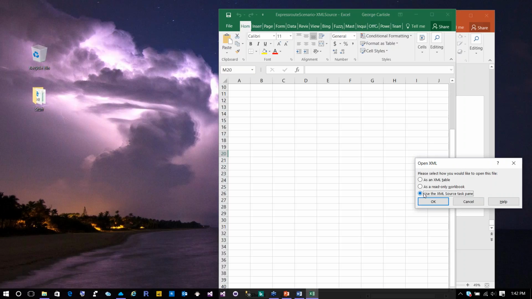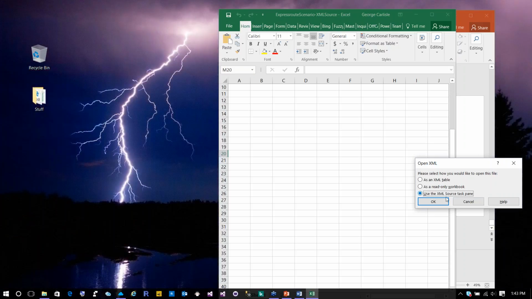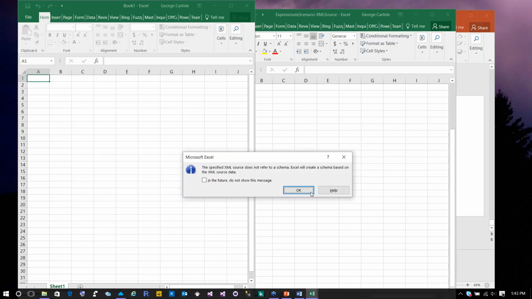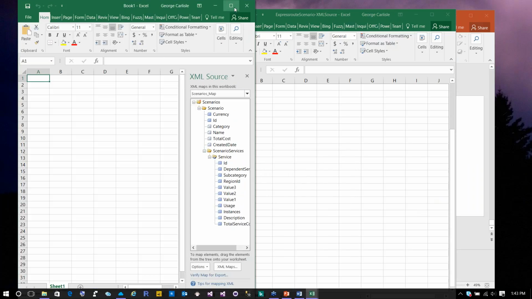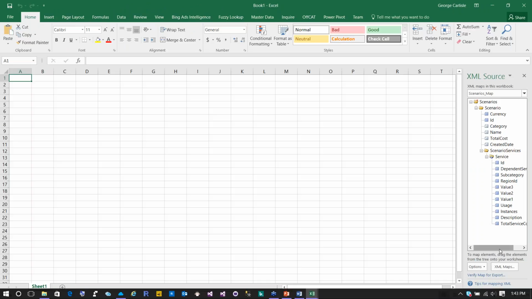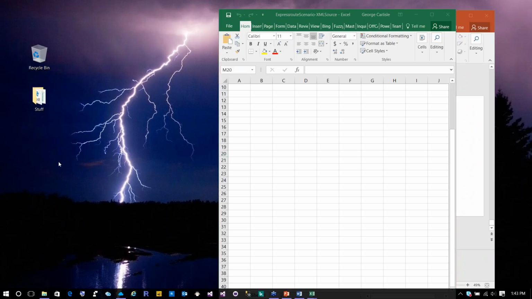Yeah, there we go. So this pane is what you'll get prompted when you open the XML. And so the first one that I opened was the XML table. I can get a read-only version. Let me show you what the XML source pane looks like. So over here on the right, it's the same thing, but it's all in XML. So here's another way to look at this if you want to. I just wanted to show you all the options that you can do with this tool and what's available. See if there are any questions. No questions here. All right, so we're going to keep going.